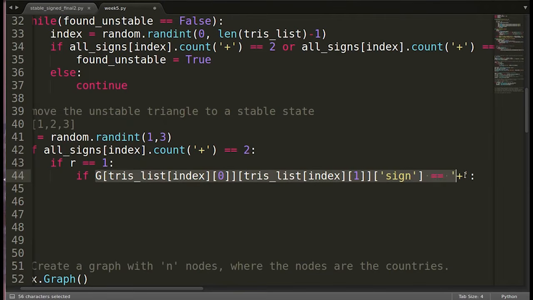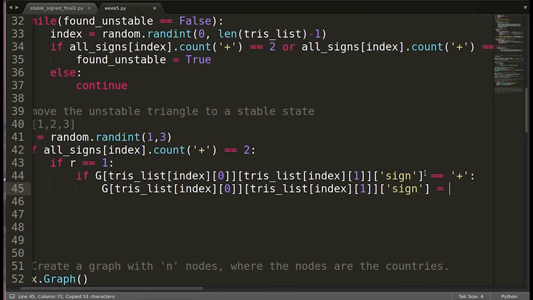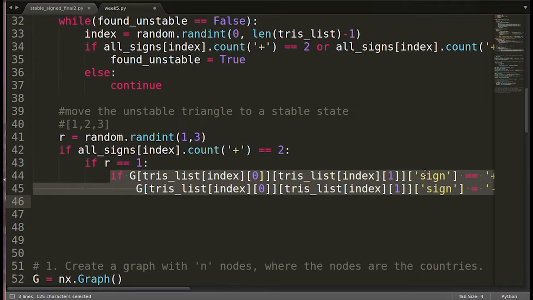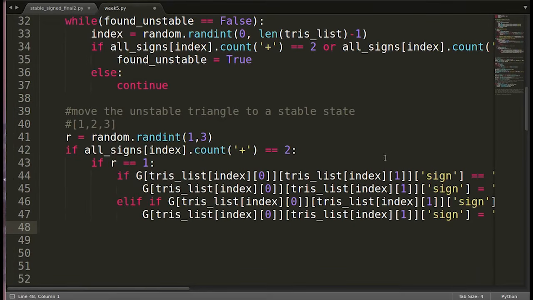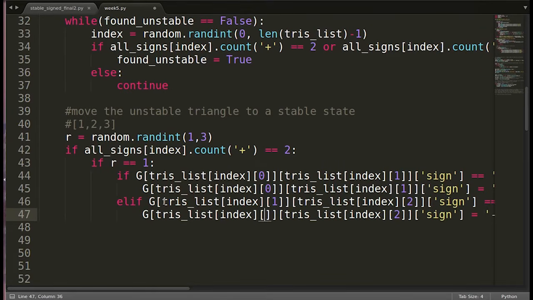So we'll just copy paste here. So this was positive, so we'll make it negative. Okay, now the same has to be done with the rest of the edges as well. So I'll copy paste. Okay, I'll remove this. Now this is for the second edge. The second edge will be accessed with index 1 and 2. Here again index 1 and 2. Okay, so again if that is positive,